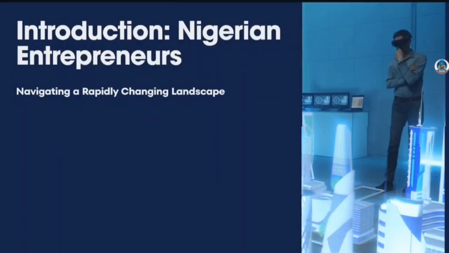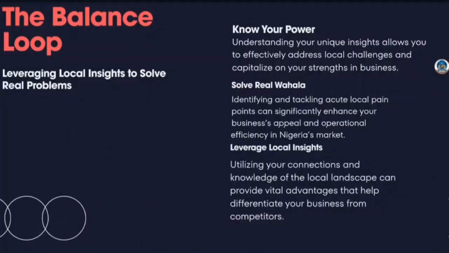Now, when I say a system, you are the key player in the system. I'm not talking about an artificial intelligence alone. You are the key player in that system. So you're going to create a system that enables you to learn fast and act fast. And to do so, there are 4 strategies I'm going to be sharing with you today to enable you build a system such as that. Let's look at the first strategy, the balance loop.